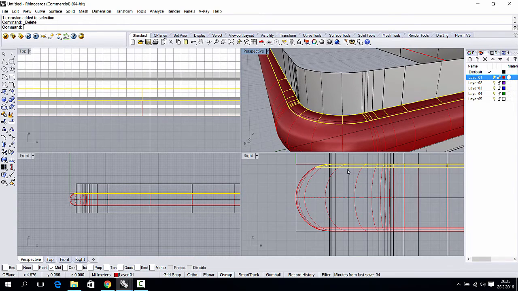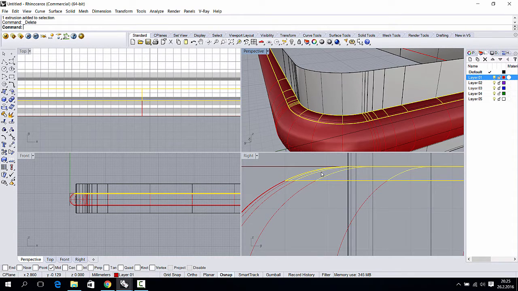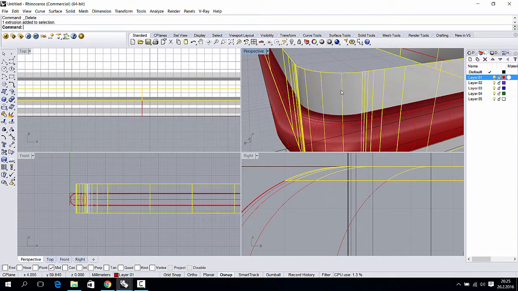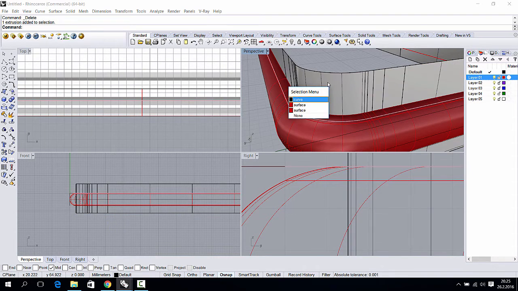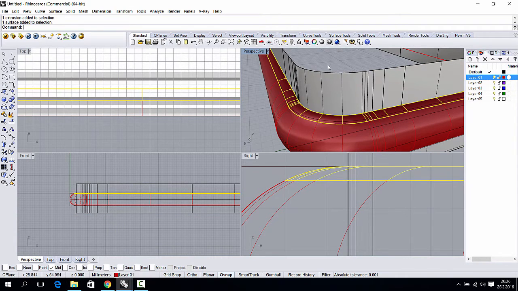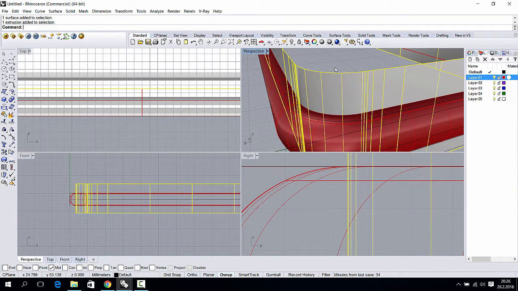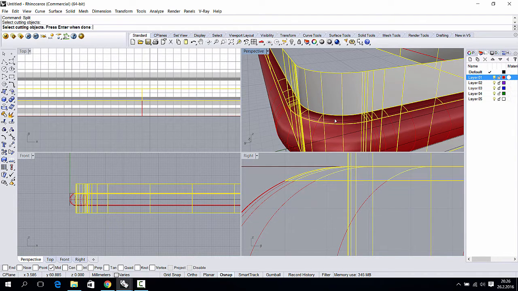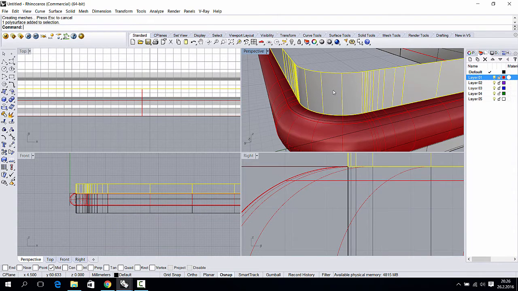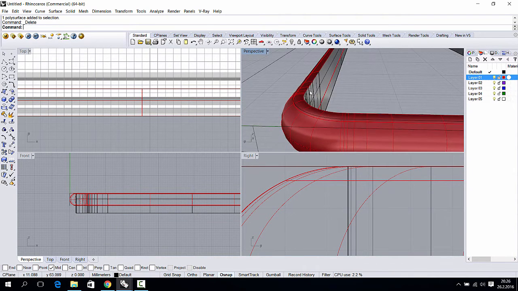And now we have this start of our screen, so we can use that part to split this. So select the inner part and use split and select this one and press enter and delete the upper part